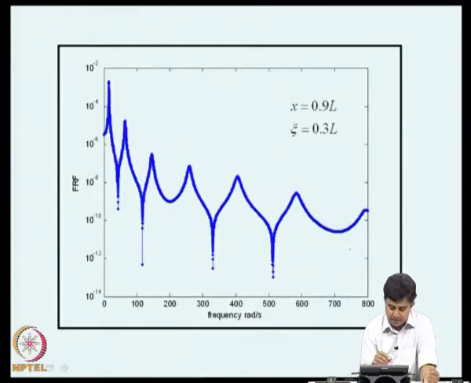So, this is another plot of the amplitude of the frequency response function. Here the drive point is quite removed from the measurement point, and we see that here there are more anti-resonance points. This is again one of the properties of the Green's function. If the drive point and measurement point move away, there will be more anti-resonances in the response.